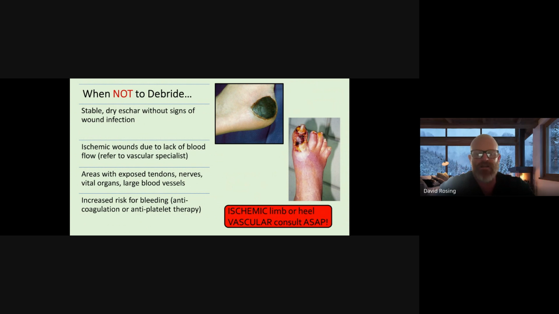It is just, it's not going to heal no matter what you do. And so that almost becomes a palliative type procedure. If vascular can't do anything and they've seen a vascular surgeon and they can't help, then your debridement now really does become more palliative. You're preventing infection, you're keeping it comfortable, you're decreasing odor, but you know it's probably not going to heal. Have those conversations with the patient, family, primary care provider, so that everybody knows exactly where you're